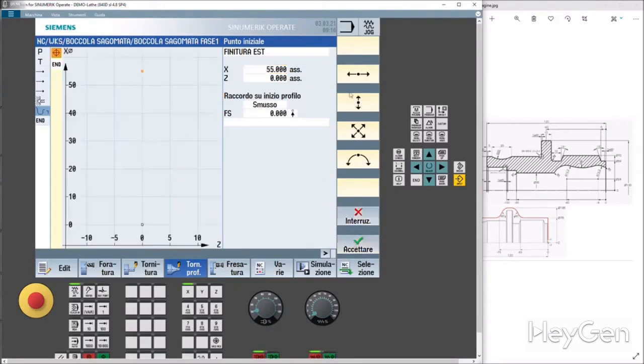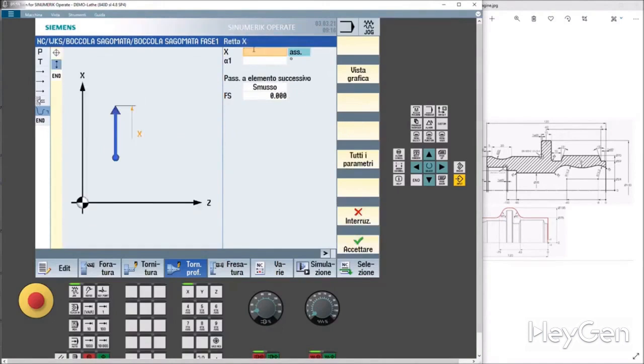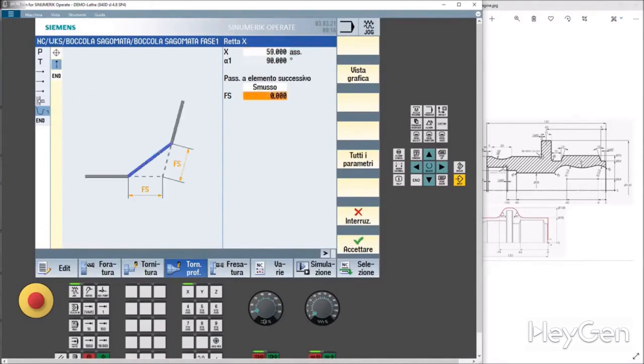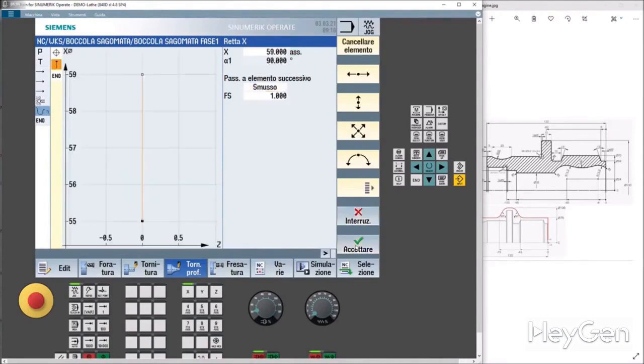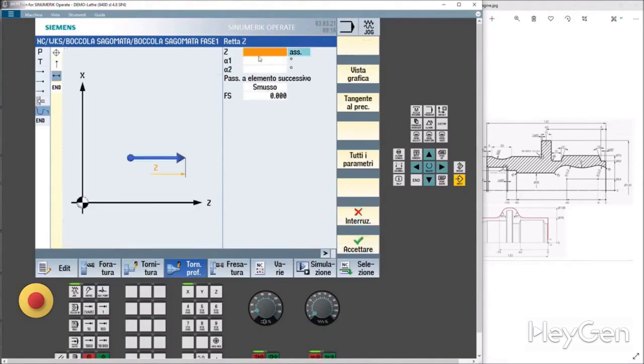We accept, and let's start moving upwards at X59, with a chamfer of 1 mm. We accept, and we move at Z5, so horizontal movement to Z5.